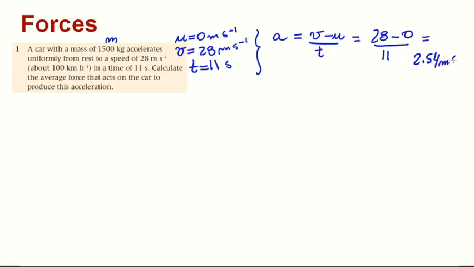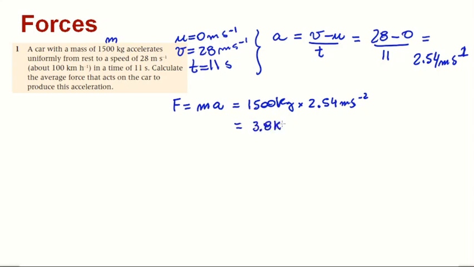2.54 meters per second squared. There you go. That's our acceleration. Well done. So we know the mass, we know the acceleration, so force, our Newton's second law, mass times acceleration. The mass of the car is 1,500 kilograms, and the acceleration of the car is 2.54 meters per second squared. So if we multiply those two numbers, we should get